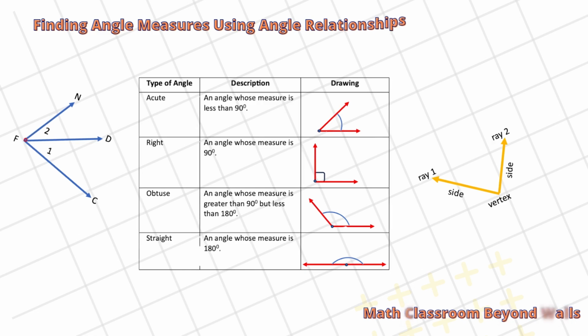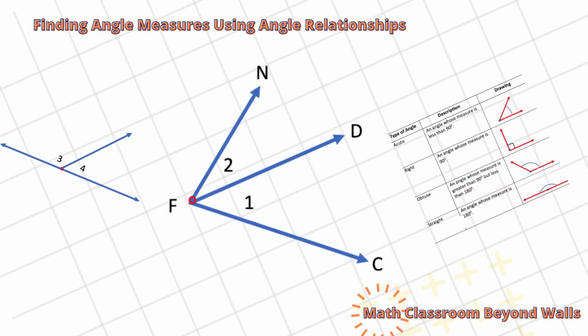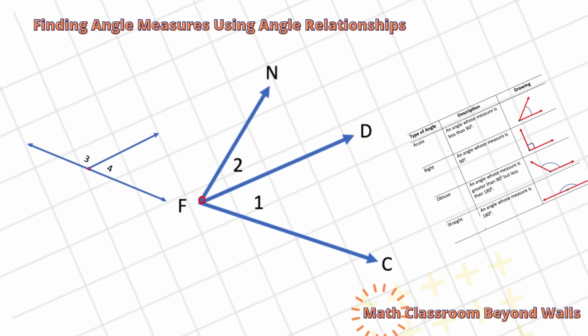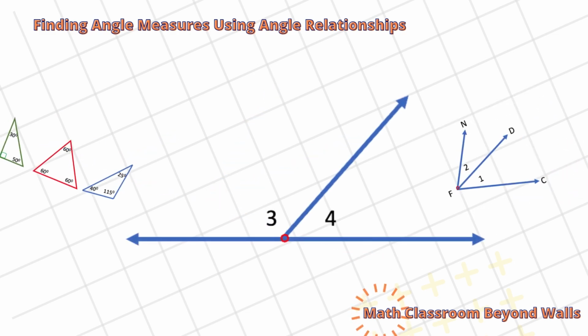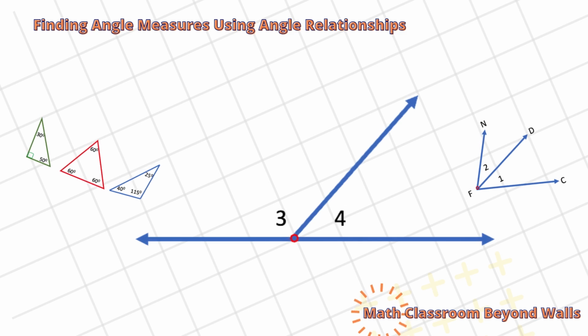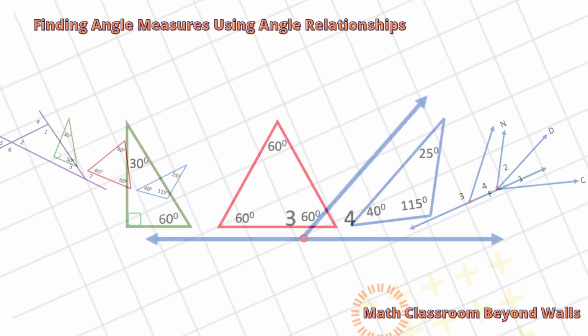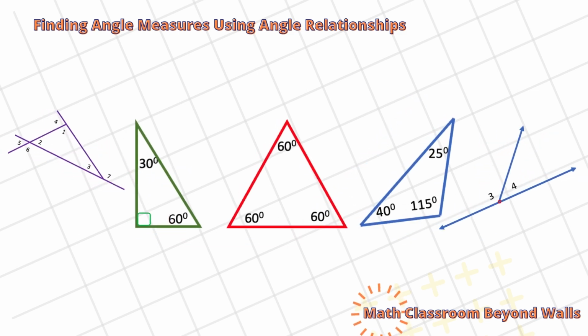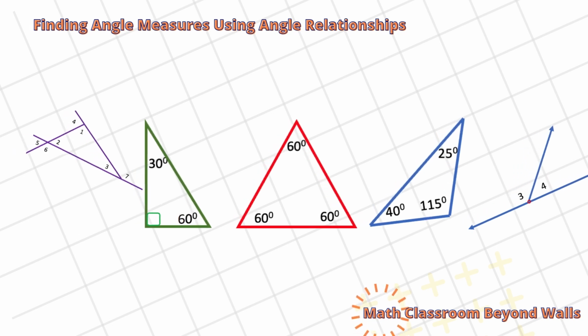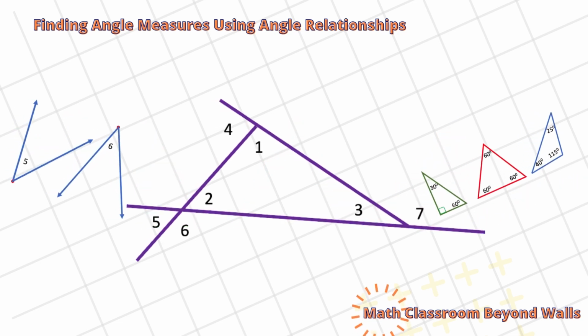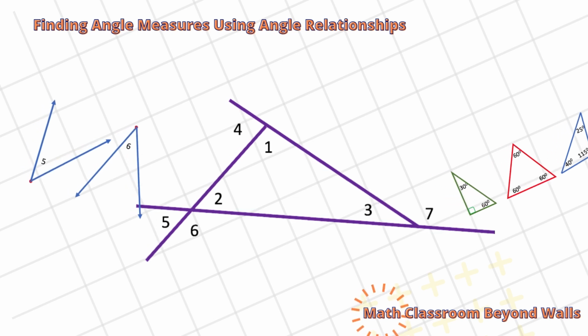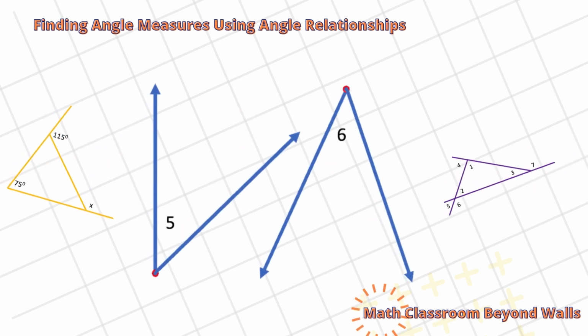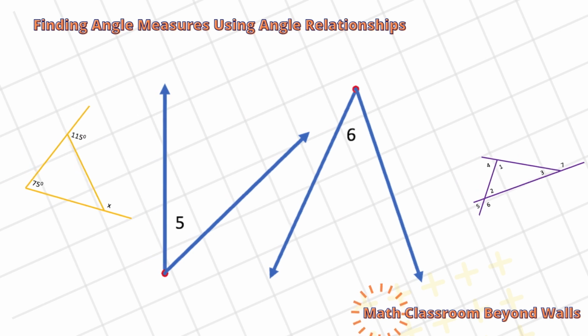In today's video, you will learn how to find angle measures using angle relationships. We will start by recalling the different types of angles. It will be followed by the different angle pairs and their relationships, and then we will deal with the triangle sum theorem. Towards the end, I will walk you through answering sample problems on the topic to check your understanding